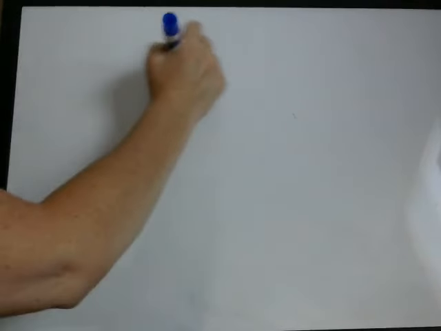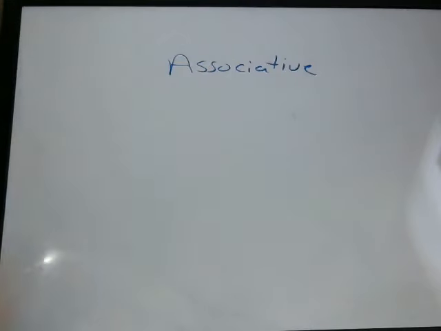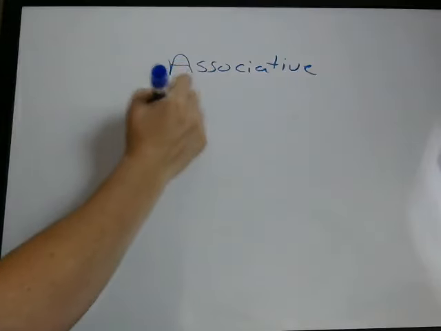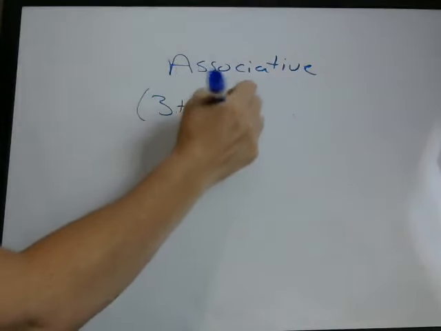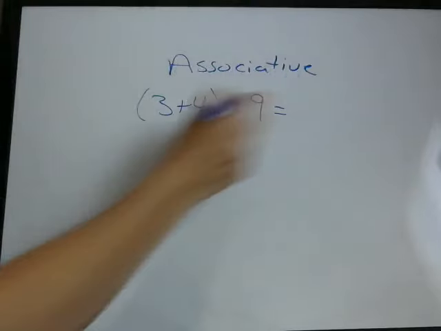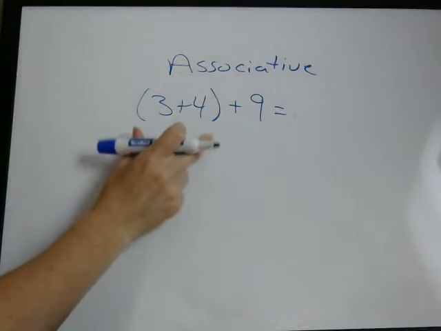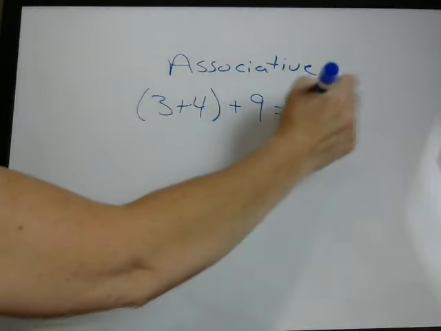Second property is called the associative property. And this just has to do with grouping with parentheses. For example, and this again is with addition and multiplication. If we group these together, remember we're always doing parentheses first when we evaluate mathematical operations, but this could easily be written